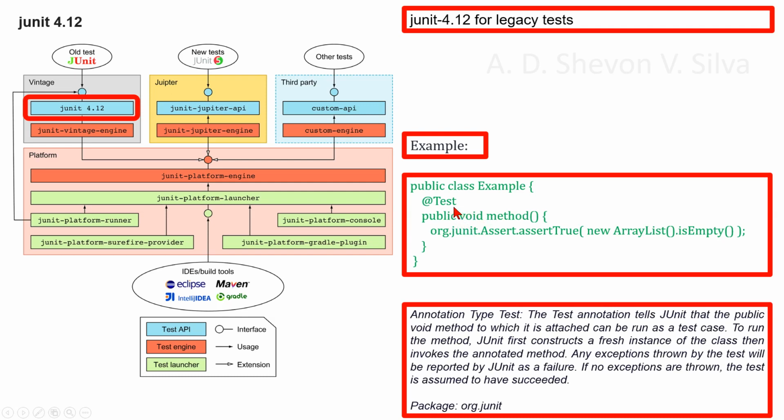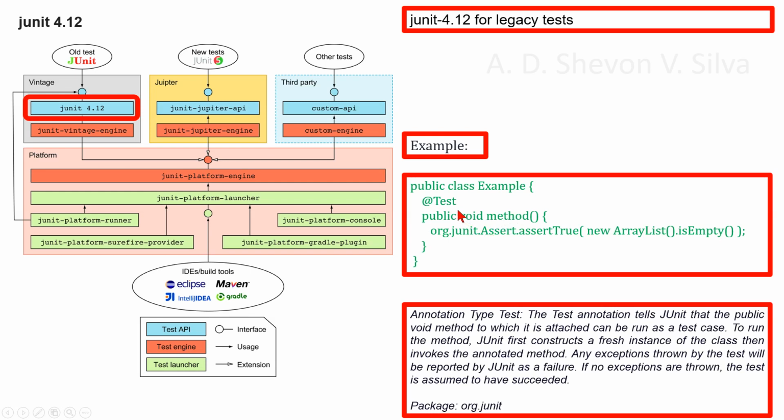To run the method, JUnit first constructs a fresh instance of the class, then invokes the annotated method. Any exceptions thrown by the test will be reported by JUnit as a failure. If no exceptions are thrown, the test is assumed to have succeeded. This is in the